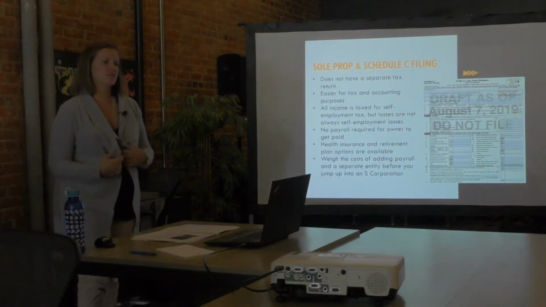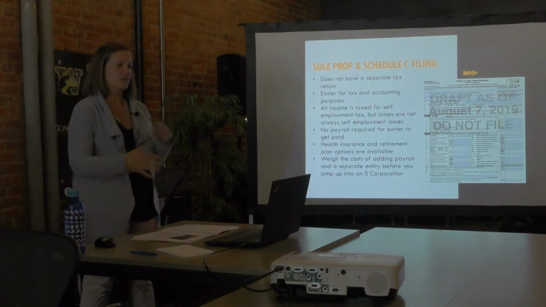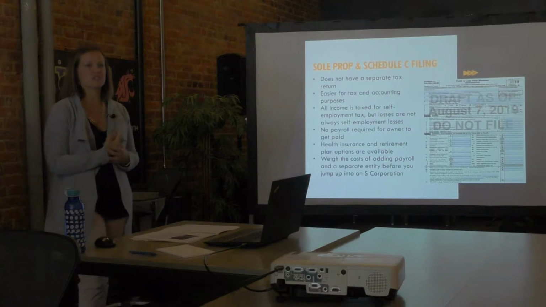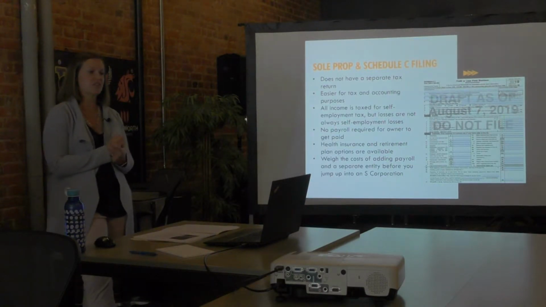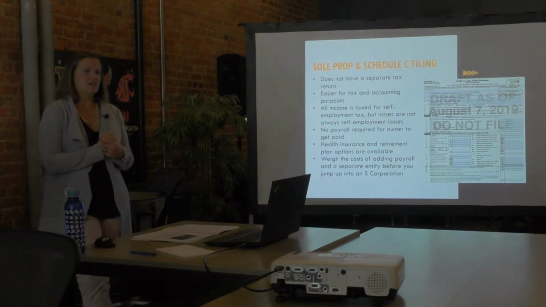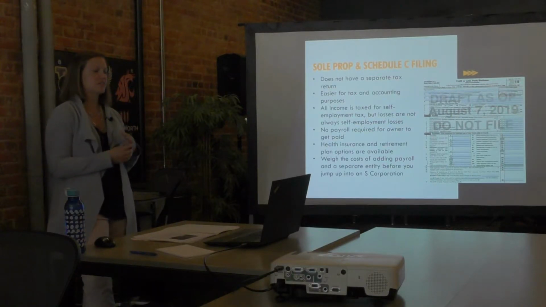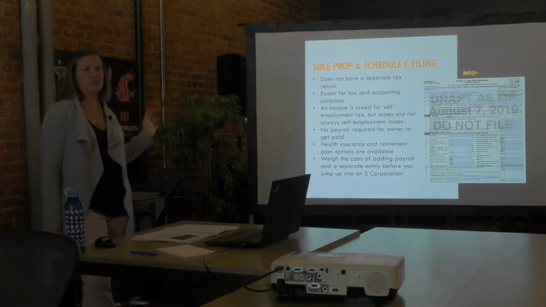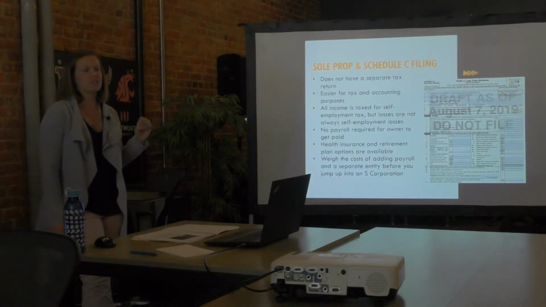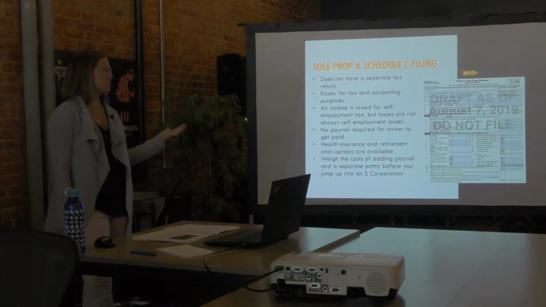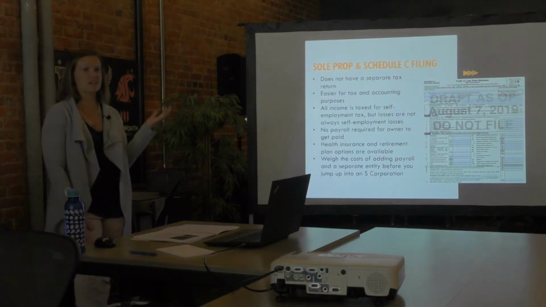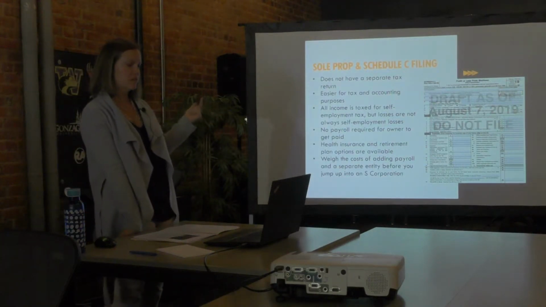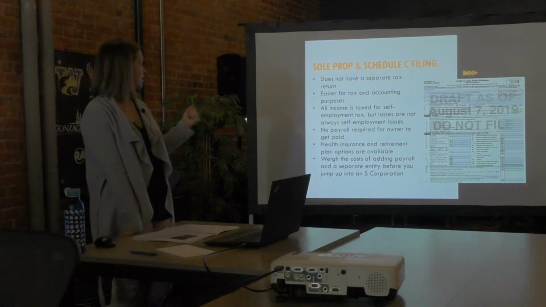So that's kind of a bummer on that front, but you could definitely do planning to figure out what you do or don't buy to take yourself into a certain loss, or what deductions you do or don't take to get you in and out of certain losses. Again, no payroll is required. Health insurance and retirement plan options are available. Not reported on this schedule, but they're reported generally on just your main return. And those will still offset your self-employment tax, even though they don't go on this specific form of your return, usually depending on the plan, I guess I should say.